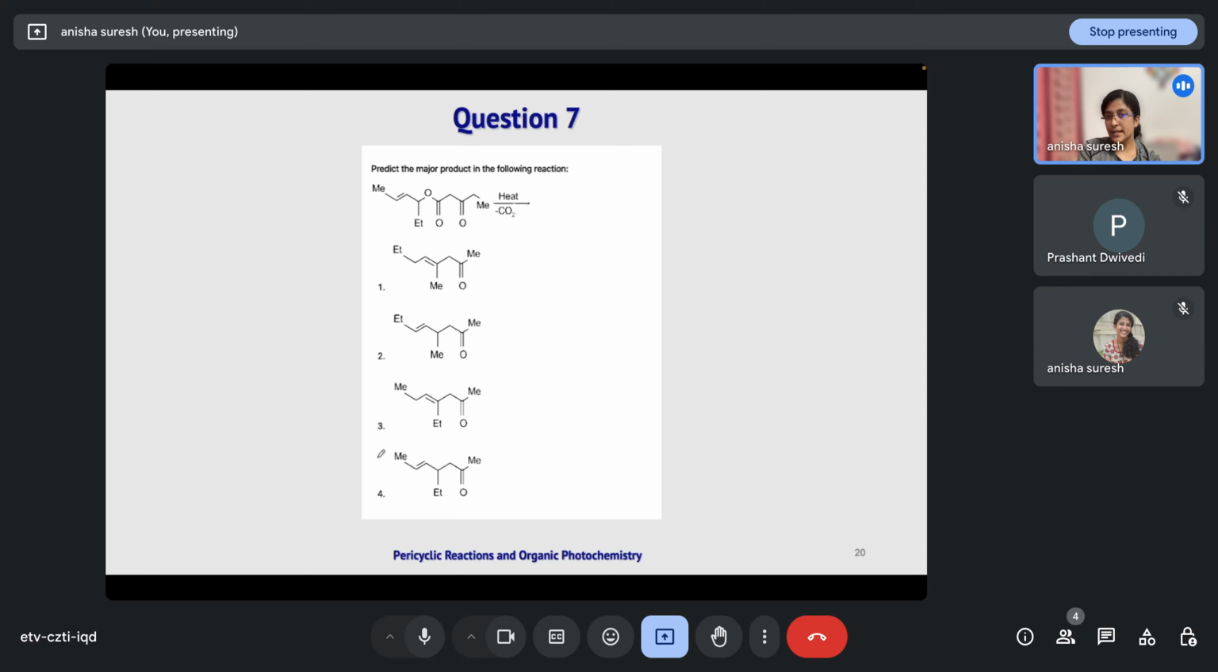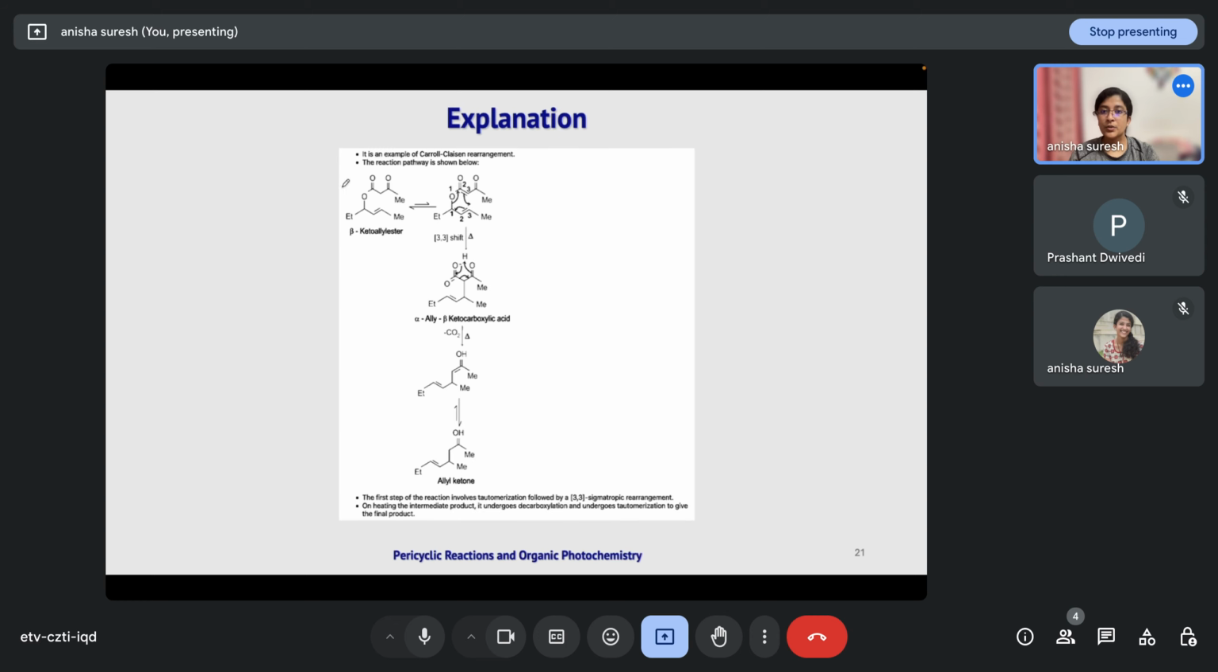This is also an example of 3,3 sigmatropic rearrangement. But here, since it is a 1,3 dicarbonyl compound, this will be existing as the enol form, so that these two will be hydrogen bonded. So let us see how it is. This is our starting material, that is beta keto allyl ester. This will be existing in this tautomer form, that is